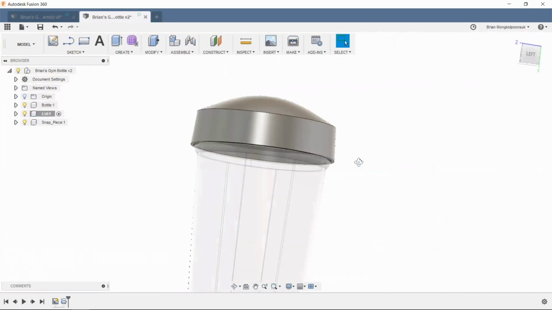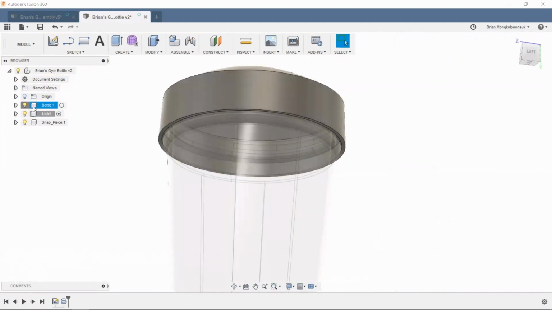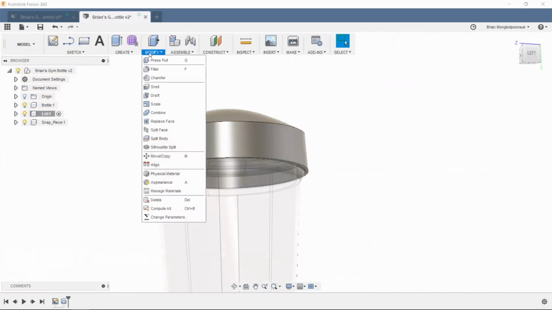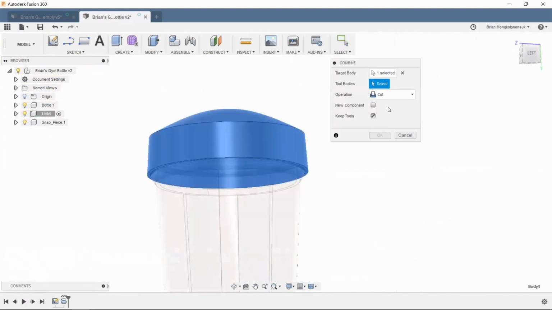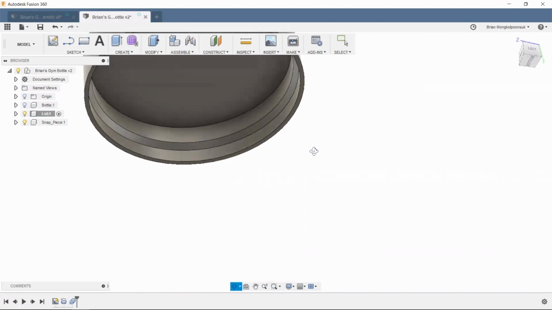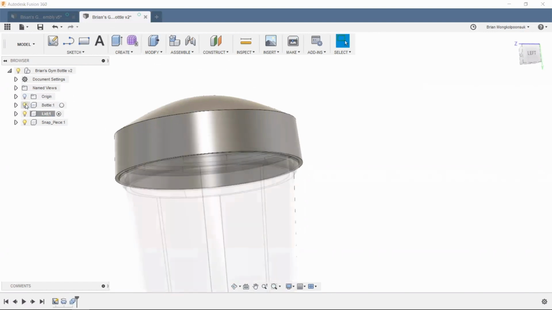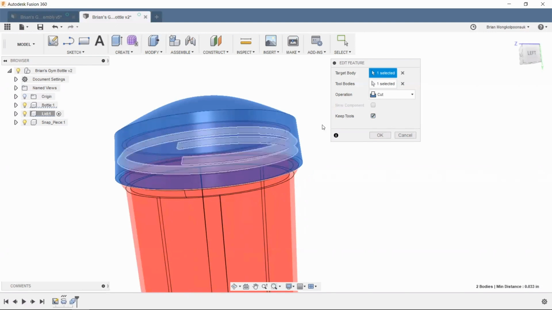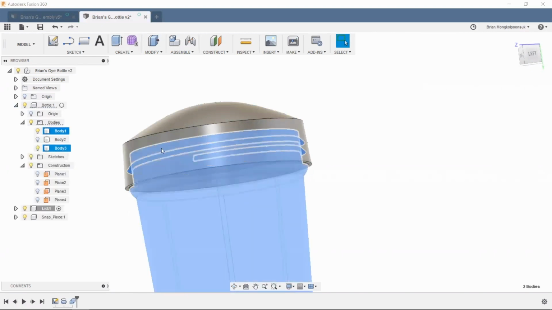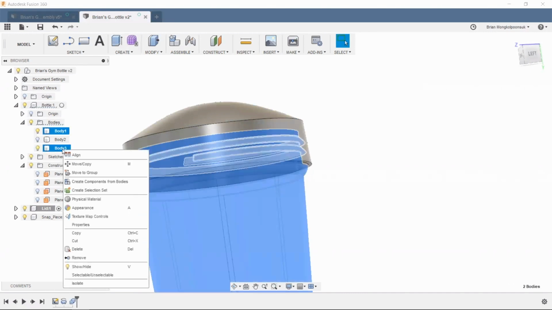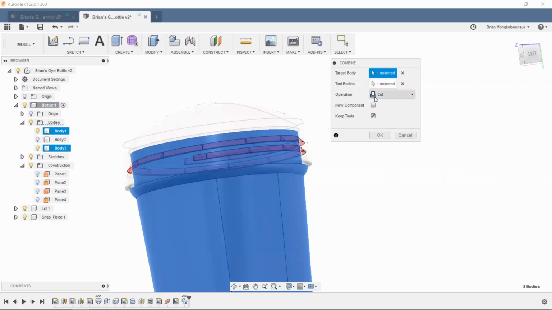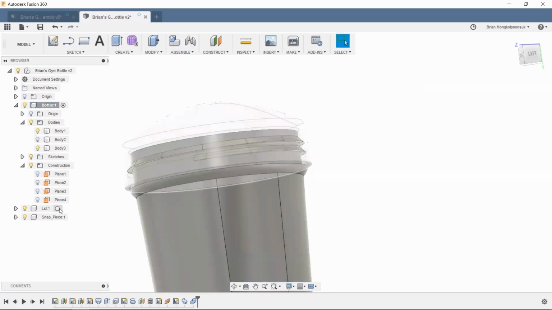So next, now that I have the lid created, the inside is not yet threaded. So now we're going to do that Boolean operation with the combine tool. But if I do combine right now with my target body and using the bottle as my cutting tool while keeping the tools, if you take a look at the lid, all right, let's take a look here. Oh, sorry, I didn't combine the bodies here. So the threads and the bodies of my bottle, let me go ahead and combine these first. So I went back to the bottle, I'm going to combine those, join. So now when I go back to my lid and do that combine,